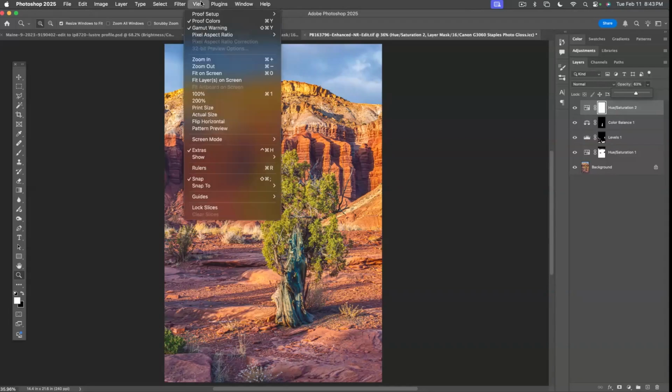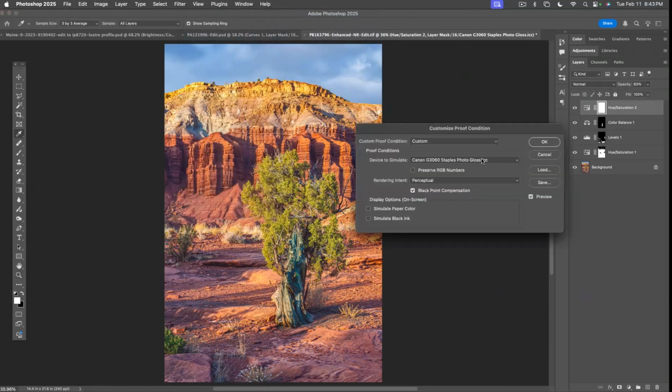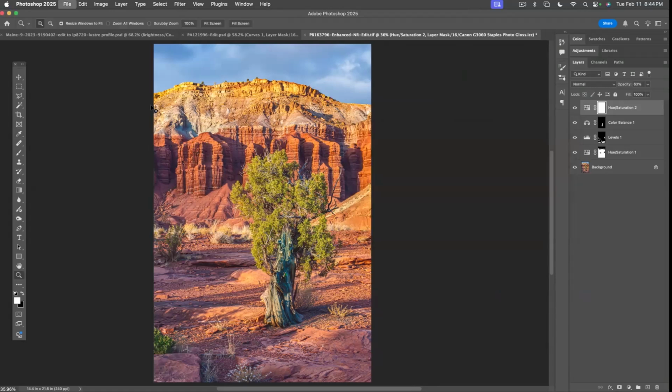And again, remember that while we're doing this, the entire time, notice proof colors and gamut warning are on. We are editing this image for that particular paper. So this is specifically being edited for that Staples Photo Gloss. If I wanted to send this to the printer, I could just hit Command